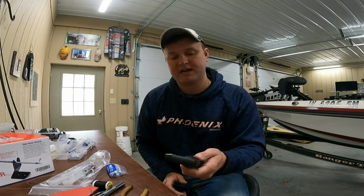I usually carry all this equipment with me whenever I am traveling to a tournament, so that if I happen to break a running guide or a casting guide off of my rod, I'm able to take it back to the hotel and fix that while I'm on the road and have it ready to go for the next day for fishing. The tools you'll need in order to fix the running or casting guide are a lighter, a